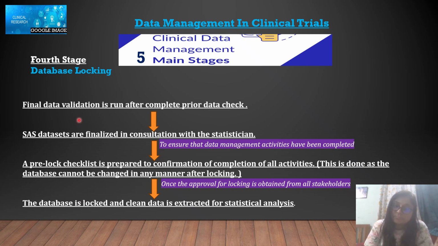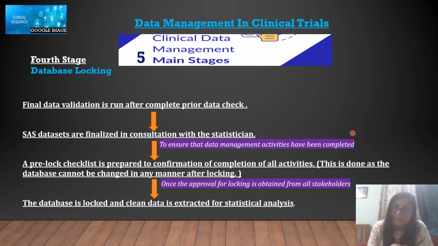But before the final locking, the final data validation is run, to see that we have done all the data validation, but there can still be some chances of error. So final data validation is run after the complete prior data check,